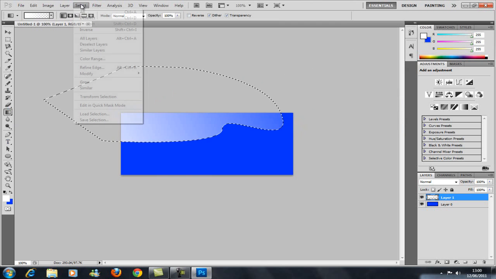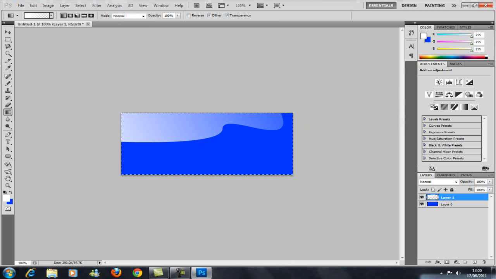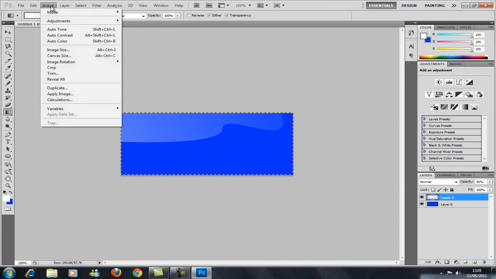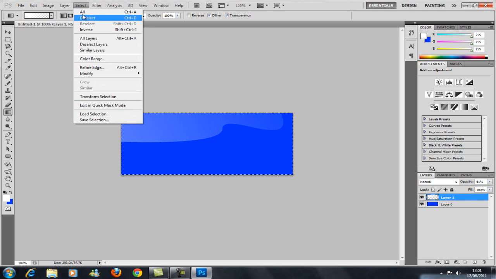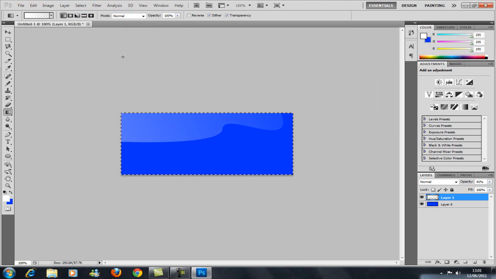As you can see, I'll hit select all. It's made a nice little shape there, but that's a bit out there for me, so I'm going to change the transparency right down to 40, and hit select all again. Now as you can see, it's adding a nice little effect there, and I want to put my writing in